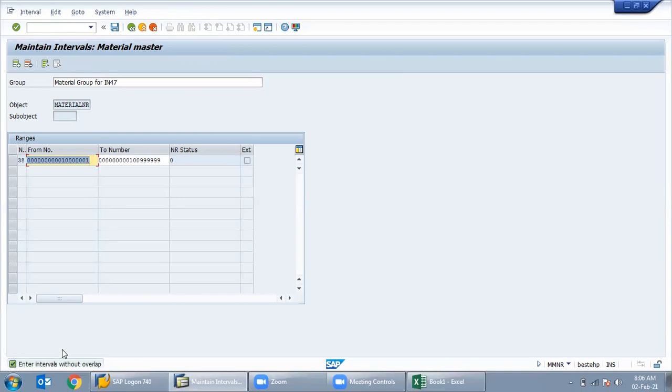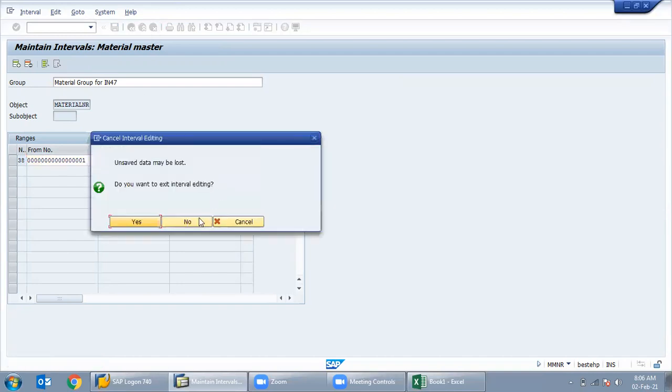Oh, it's overlapping. Enter intervals without overlapping. That means somebody has already taken this material group at some level. Just give the system here 1, 2, 3 without overlap. It was getting overlapped because somebody had already assigned those number ranges. Okay, we'll see it in detail.